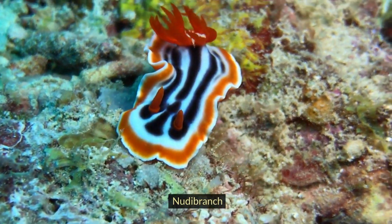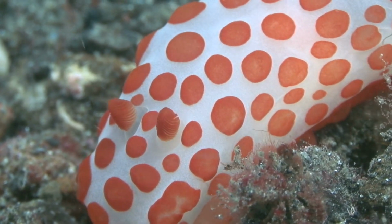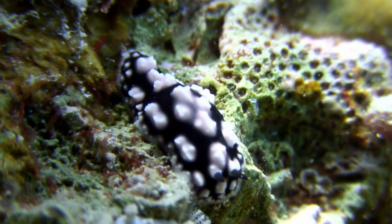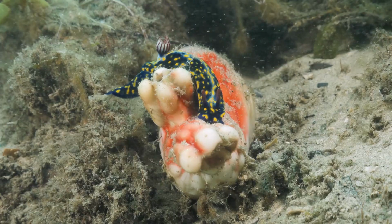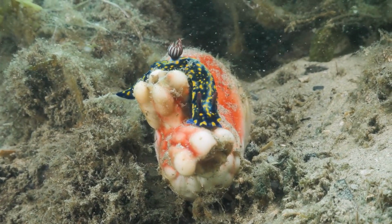Nudibranch. With over 3,000 different species on record, the nudibranch is an extremely versatile kind of sea slug. These little guys are found pretty much everywhere, in both shallow and deep waters, from the North and South Poles and into the tropics. There are two distinct kinds, dorid nudibranchs, which are smooth with feather-like gills on their back